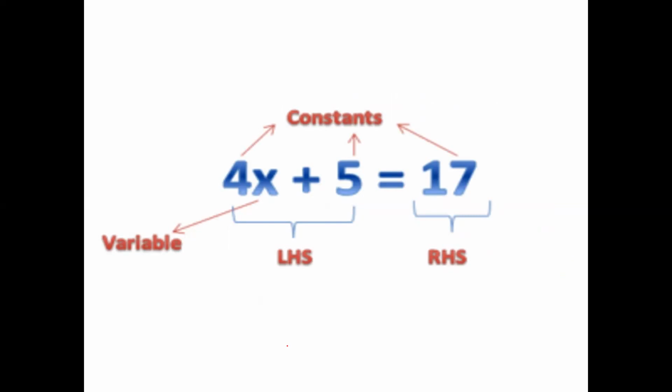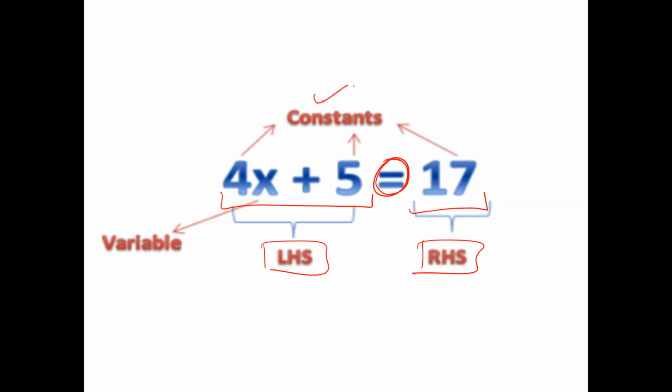This is an example where we have said that 4x plus 5 is equal to 17. This is the equal to sign. So left of the equal to sign, 4x plus 5 is the LHS and 17 is the RHS. So we can see that on the left hand side we have a combination of constants and variables. 4x, x is a variable, so 4x becomes variable, plus 5 is constant, so 4x plus 5 gives us the variable expression which is equal to 17, that is a constant.